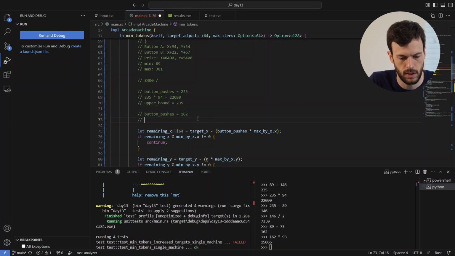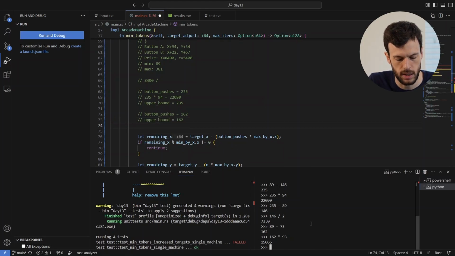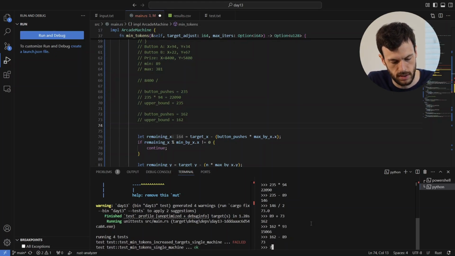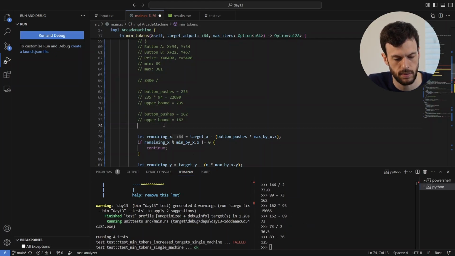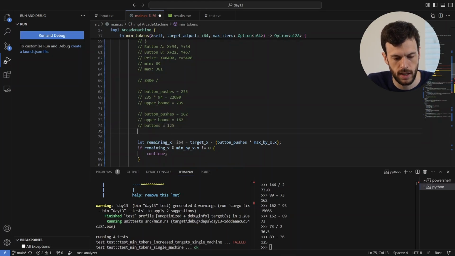So upper bound becomes 162. Then 162 minus 89, 73 over 2. 89 plus 36 is 125. Buttons is 125. 125 multiplied by 94